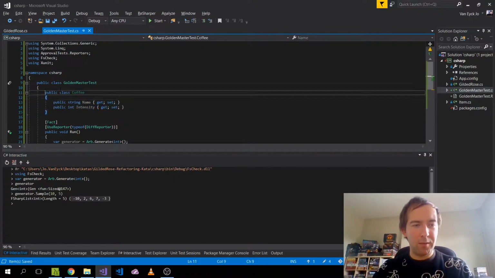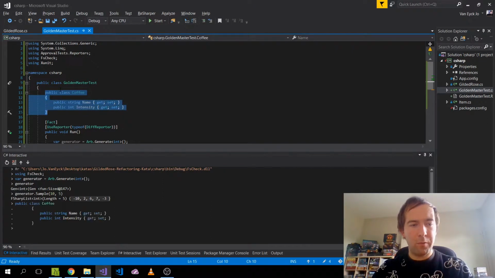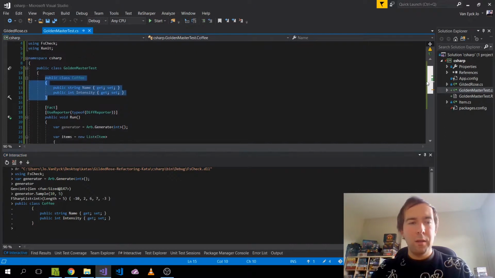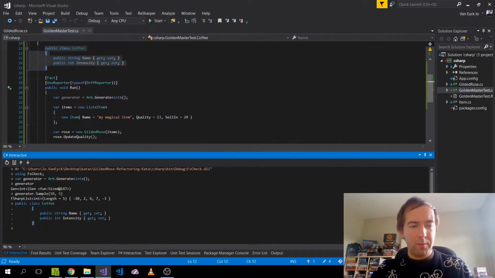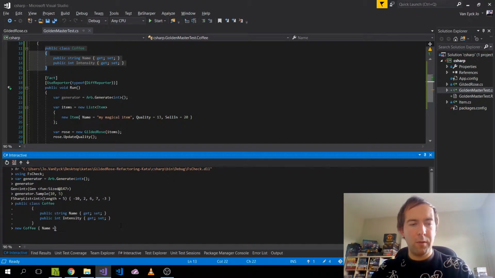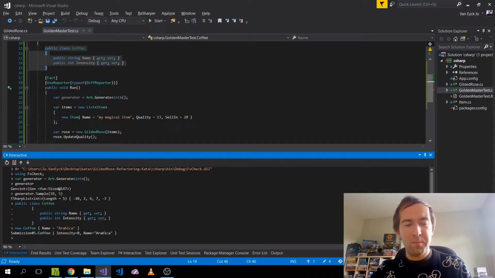I'm going to send it to the REPL as well. There we go. So now I can play around with coffee in my REPL. Let's make some coffee ourselves. New coffee. Name is Arabica. I know nothing about coffee, so I'm sorry if I'm inventing new kinds of coffee here. So, okay, now we have coffee, but instead of calling constructors manually and generating a whole lot of coffee, let's use the